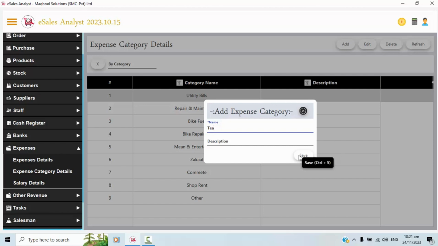What's next? Now that your categories and subcategories are set up, it's time to start adding inventory. We'll cover that in the next video,